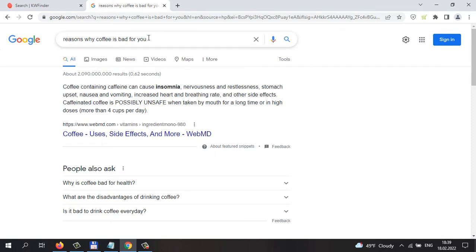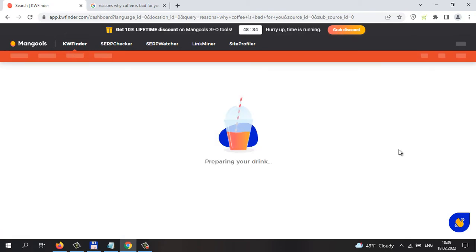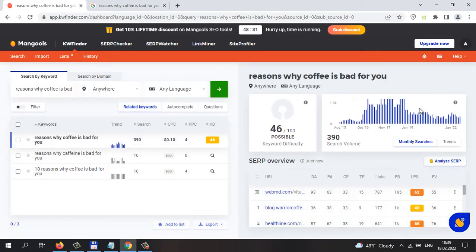So we can just copy this keyword, and we can go to kiwifinder.com. It is a very useful online software tool where you can just type in your keyword, reasons why coffee is bad for you, and then we can click on find keywords to find different keywords using this amazing tool.